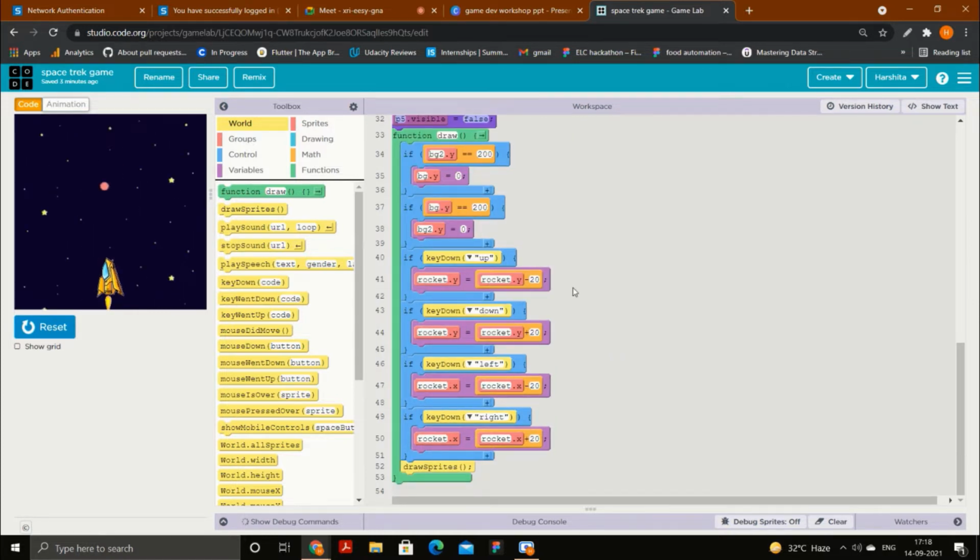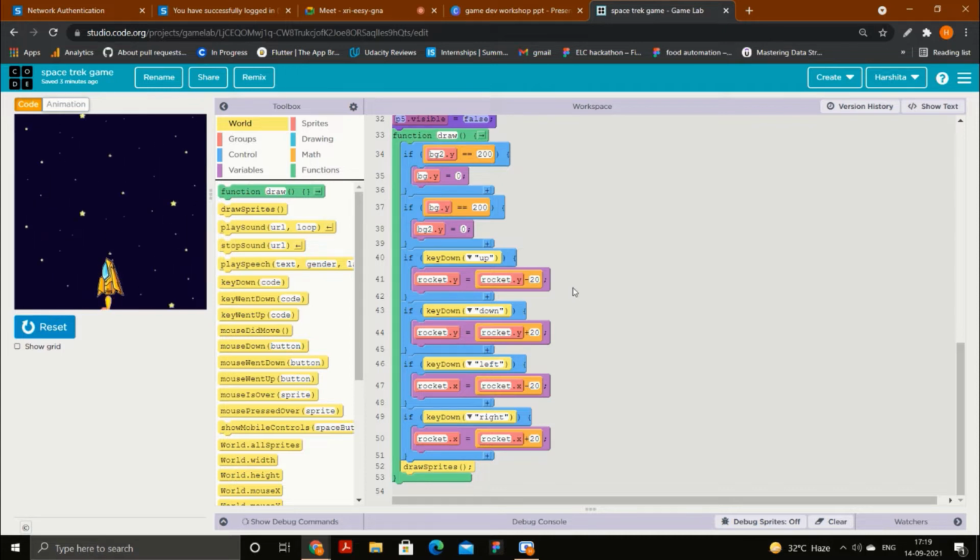Then what I did is I want to add a few functions in the rocket, so that if I press the right, left, top, or down button, it should move accordingly. Whenever I press a button, the rocket should move in the up direction with 20 units. Now this is just an example. You can change the units as well. It will just shift with 20 units and it will stop there.